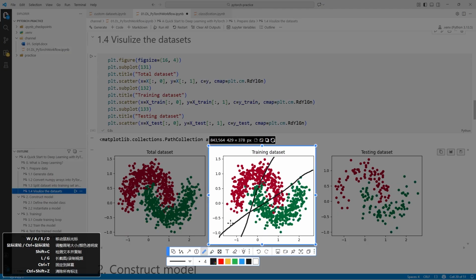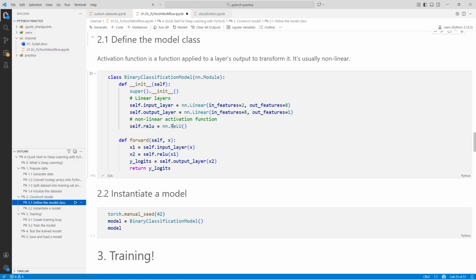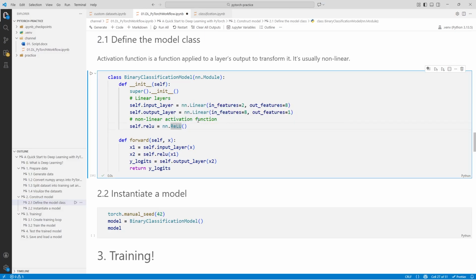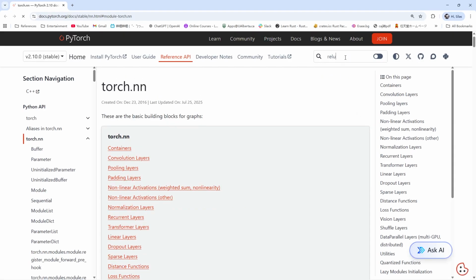No, obviously not, because we want to set a clear decision boundary, so we have to use a nonlinear function. That's why we need a ReLU. ReLU is a nonlinear activation function that allows our model to learn nonlinear features. And let's check the documentation. ReLU.